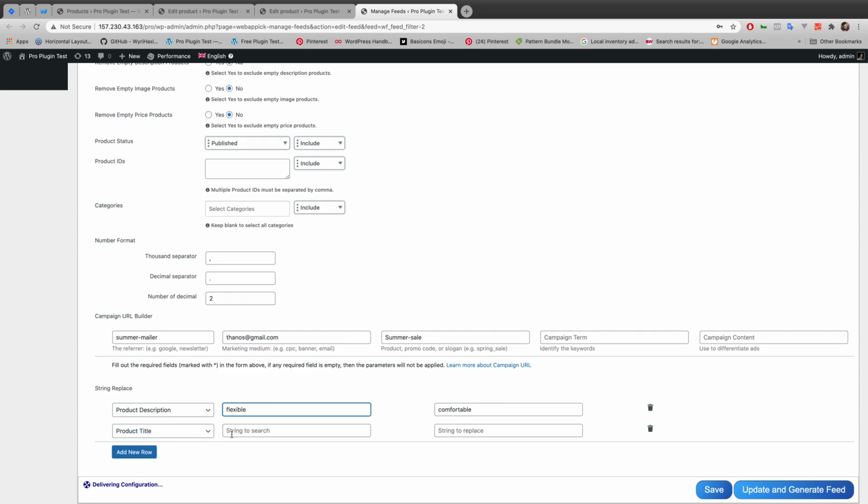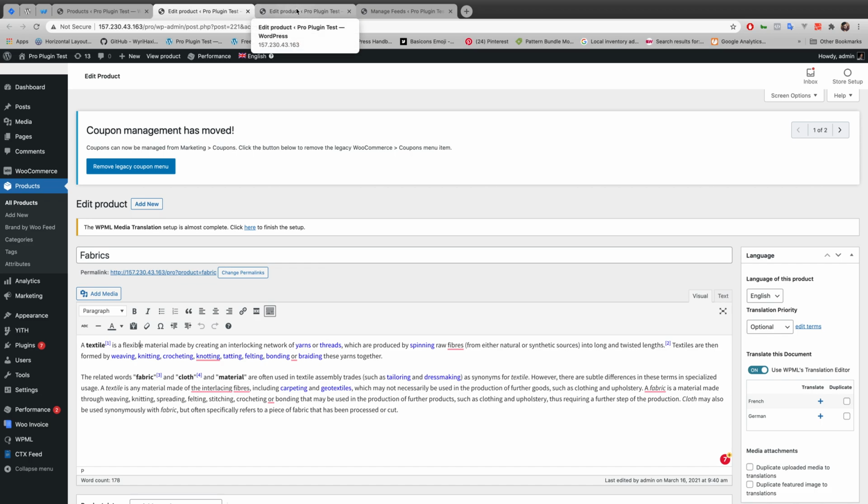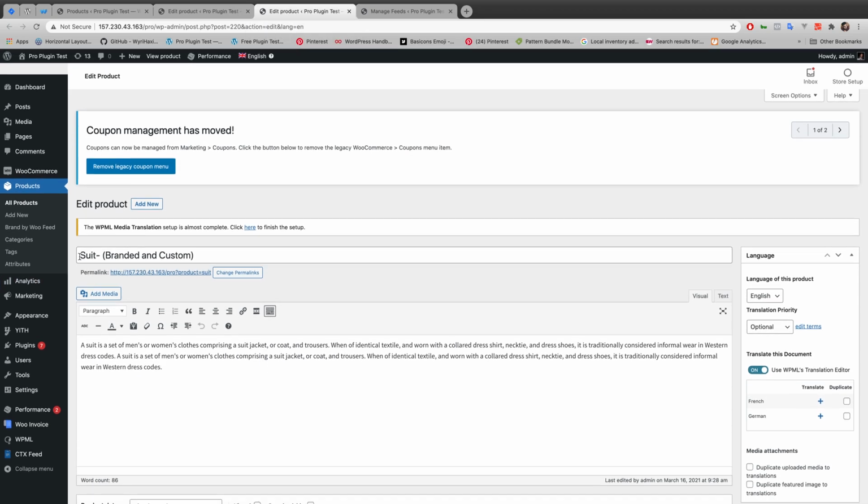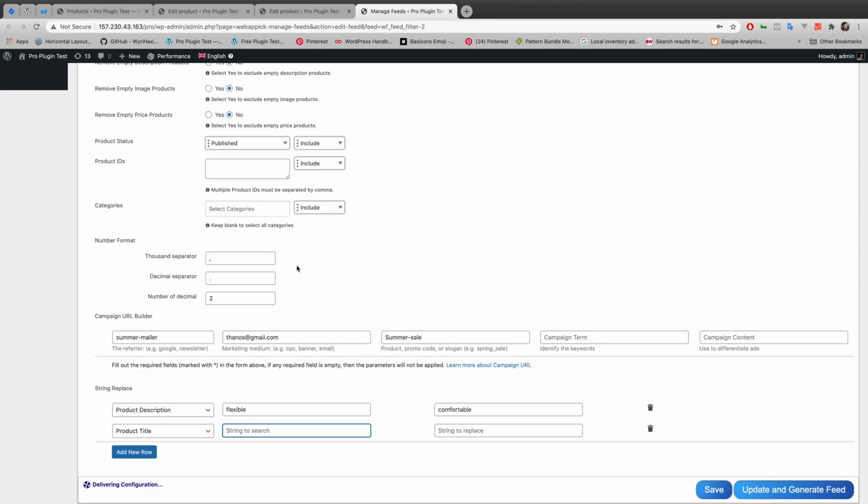And let's change something in product title. My second example was suit. So I want to change my product title suit with something else. So suit is a string. So definitely I want to search for suit and I want to replace suit with, let's go with jacket.